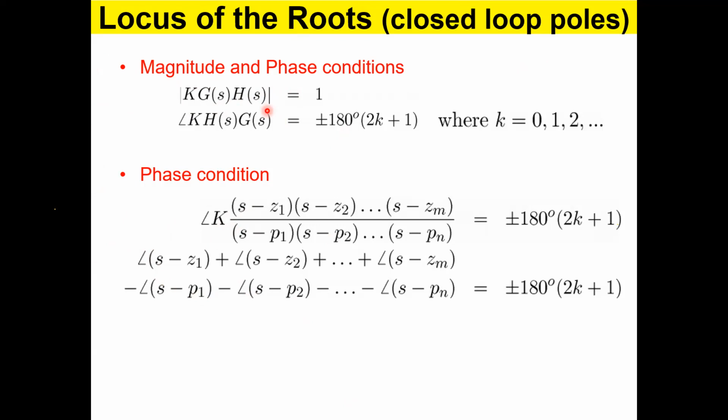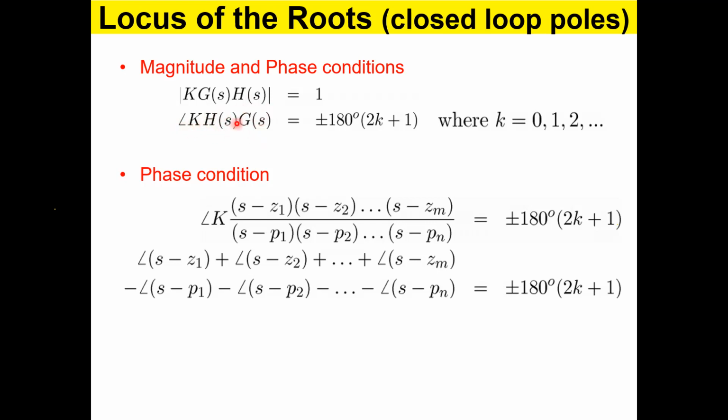The first condition is relatively easy to remember. The magnitude, you know how to calculate the magnitude of a complex number, as you said, square root of the square sum of real part and imaginary part. So that's it. The phase condition can be a bit complicated because if you look at this expression K, HS, GS,